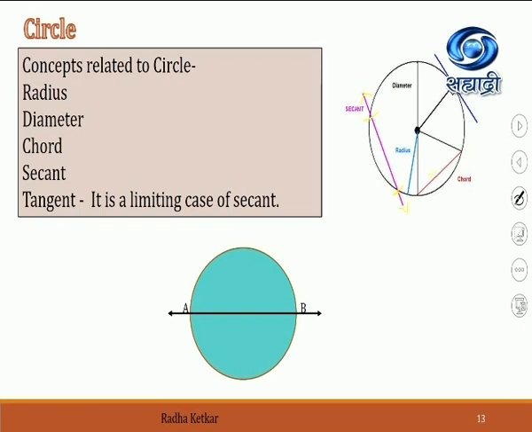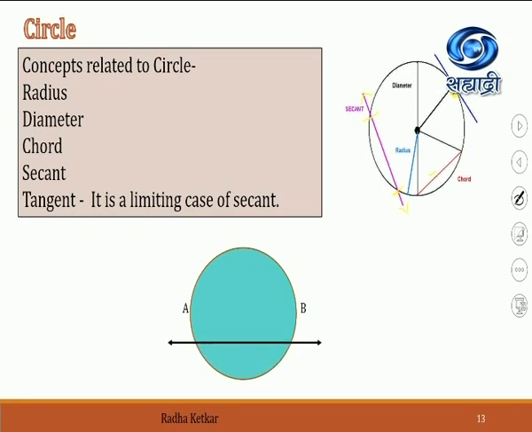So here also you can see we have shown a chord. And the longest chord is always the diameter. So secant is a line and chord is a segment. Last one you can see is the tangent. A tangent is going to touch the circle in one point. Here you can see the tangent is shown and it is always perpendicular to the radius at that particular point of contact. So for a tangent, this is the point of contact, and it is always perpendicular to the radius.